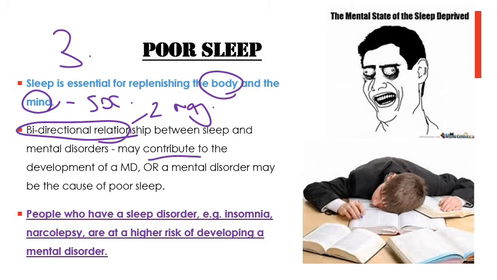So it may actually contribute to the development of a mental illness. There's evidence to suggest that people with insomnia have as much as a tenfold risk of developing depression compared to those who sleep well, or it may also exacerbate the experience of a mental disorder. Many people with anxiety disorders get really poor sleep because they have a lot of anxiety about things going on in their life or even not being able to go to sleep.